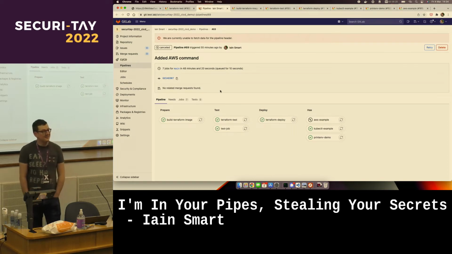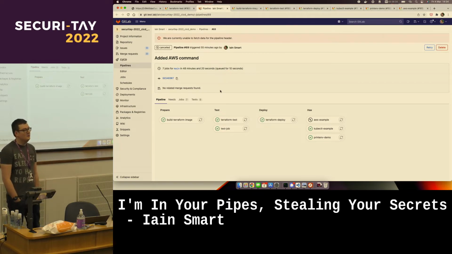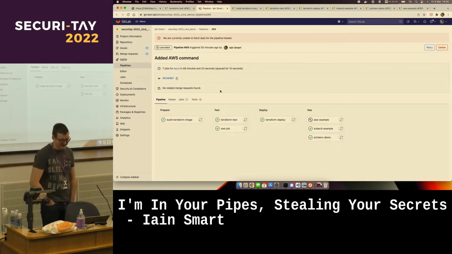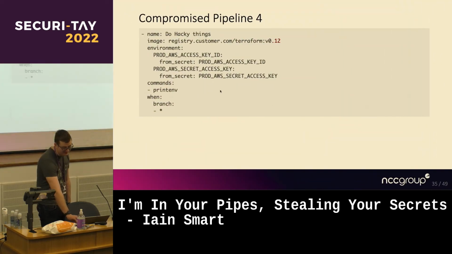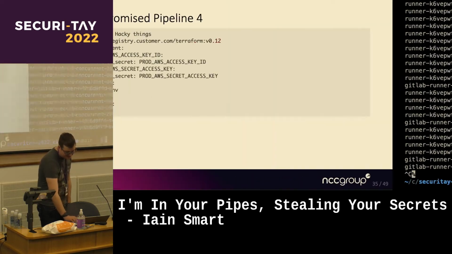What makes this even better is that because Terraform's automation-based and so on, their next argument was, well, we rotate the keys every hour because we don't need them to be long-lived because we're not using them all the time. Well, Circle CI has this really nice thing where you can run jobs on a schedule. And they rotated the keys at 5 past the hour. So at 7 minutes past the hour, we wrote a job that just called out to a Slack webhook and sent us their new keys. Again, not very happy with us after that one. That was quite fun. Can probably kill that now, save some bandwidth.